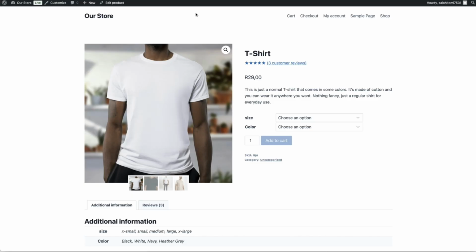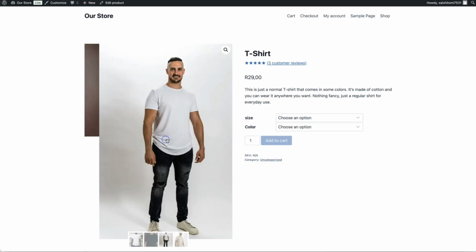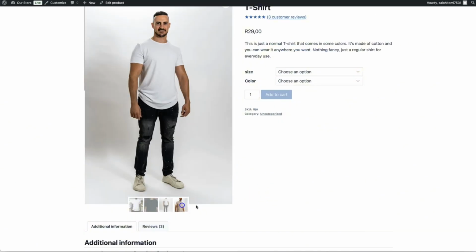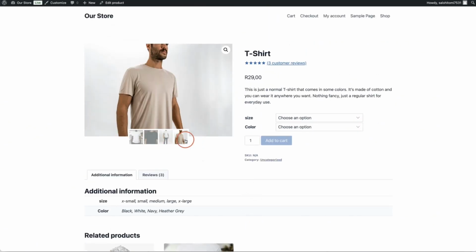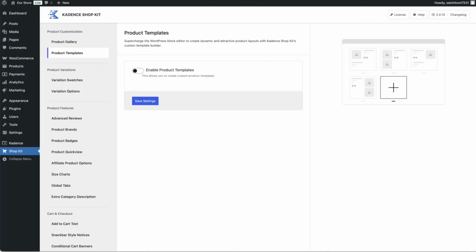So I've gone ahead and added in some additional images. I've added in a gray shirt, another white one, and I've also done a little detail of another color. I can of course add way more images, but I'm just going to keep these 4 for now. So this is kind of the default layout of your single product page. And I think there are so many different ways that you can lay out images to really make it more enticing for people to purchase your product. So we're going to head back to Shopkit, and the first thing that we are going to be looking at